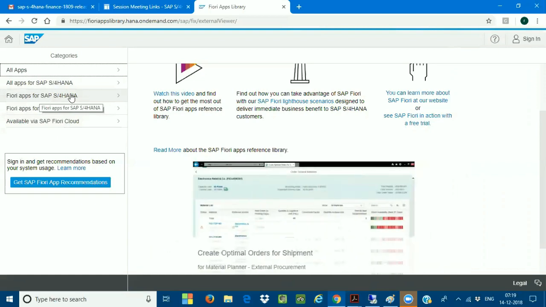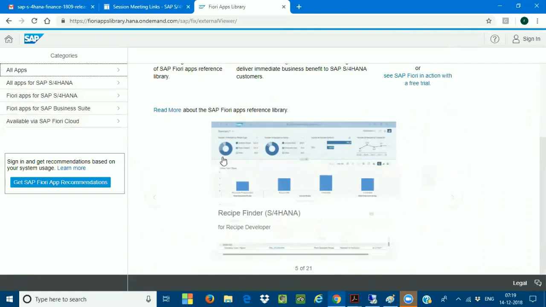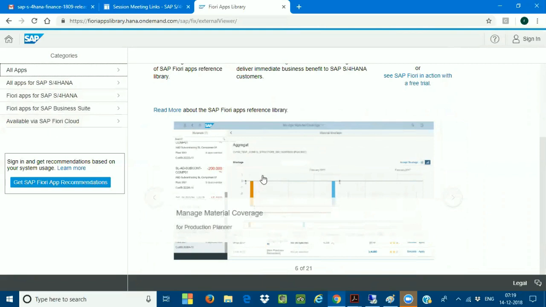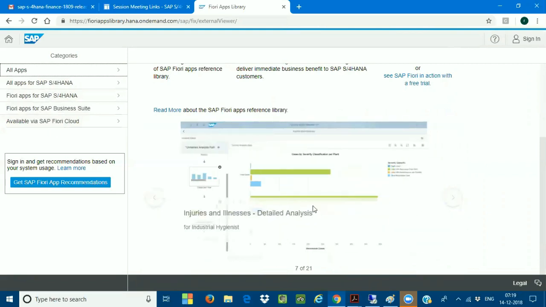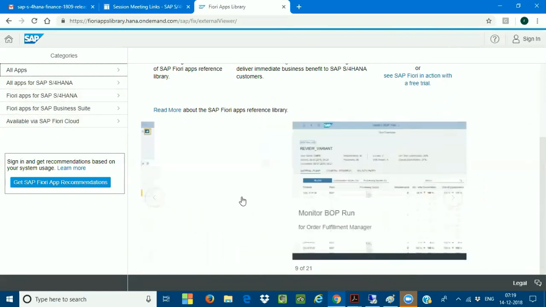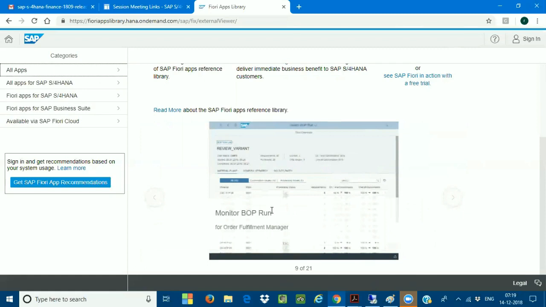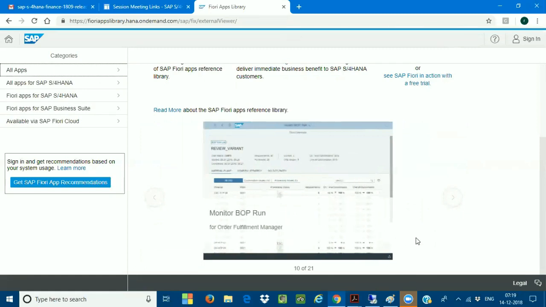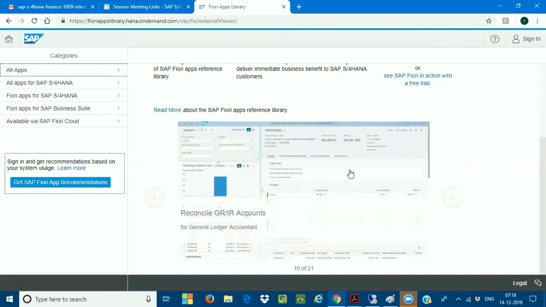Okay. See here, this is the analytical report. This is what exactly you can find as the analytical reports. In the bar chart diagram, these are all the analytical reports. You can see the sales figures over here. You can see this is the fact sheet reports. You can see different types of reports. Commitment and actual analysis: these are the transactional apps. You can see the transactions. Like this, you can see the different types of apps that are going to be available in our SAP S4 HANA.